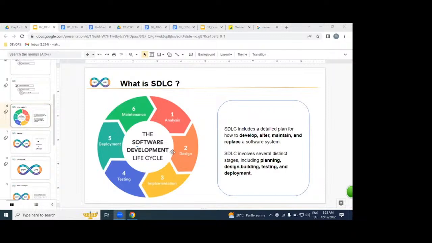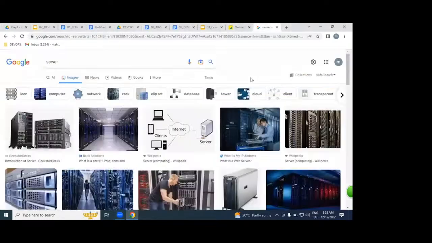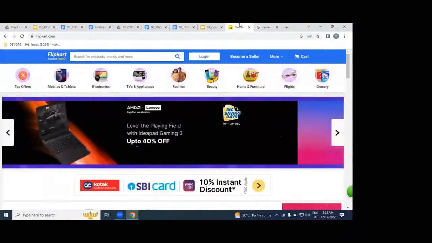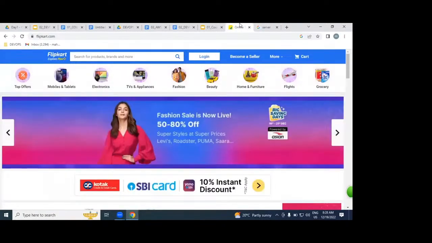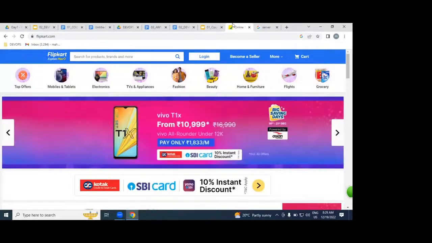By following the SDLC process, by the end of this SDLC, we are able to produce a software. The software is placed on the server side, then we access it as an application.